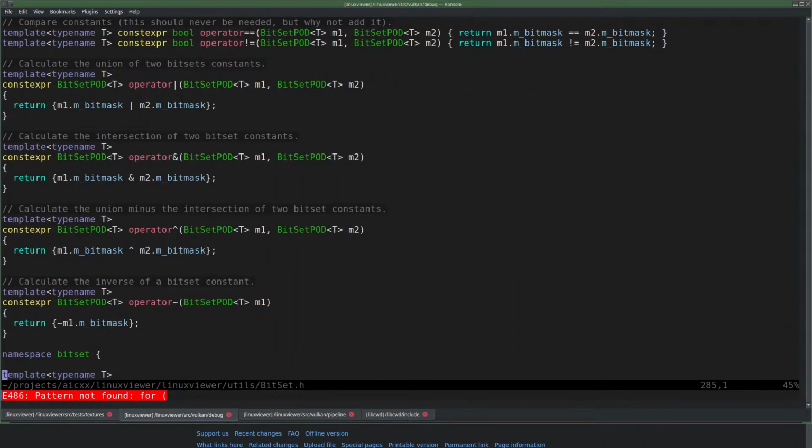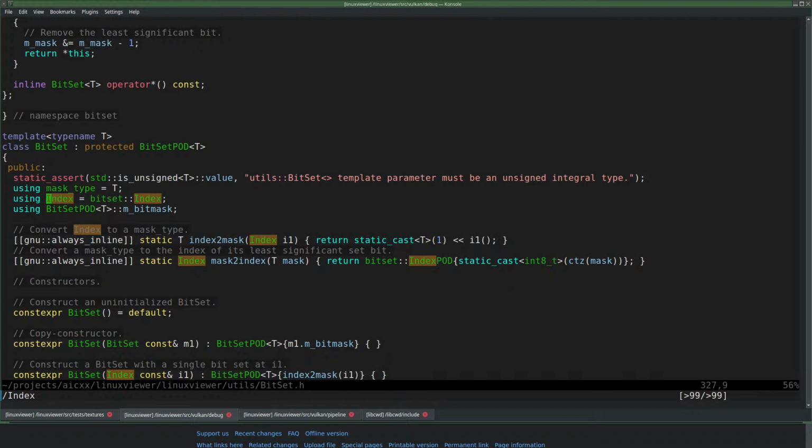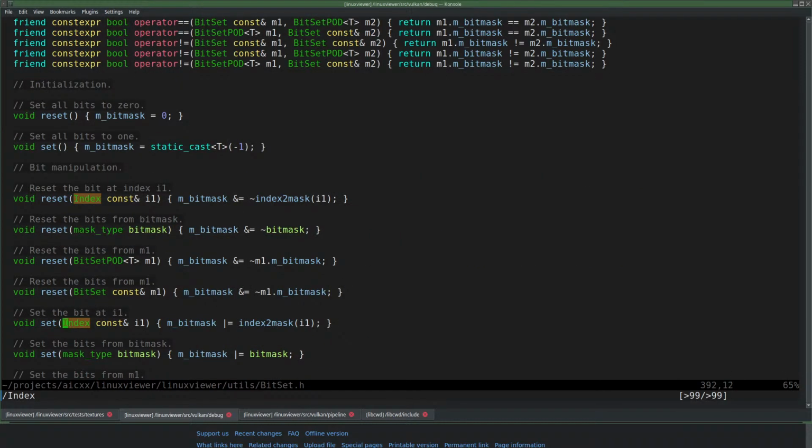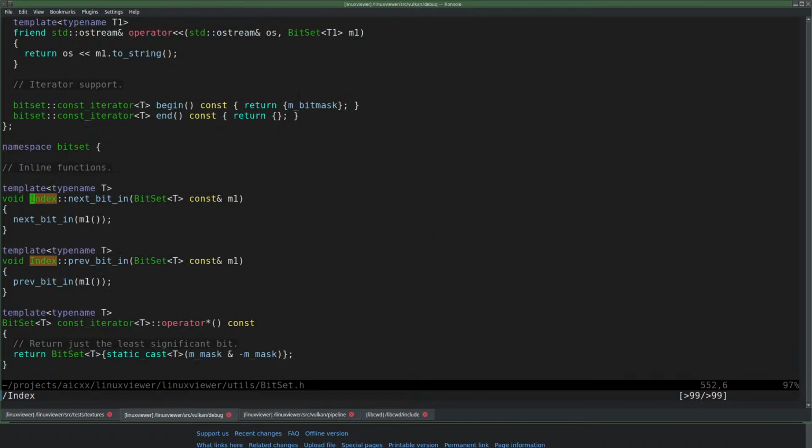Come on, or something with index. Bitset index.